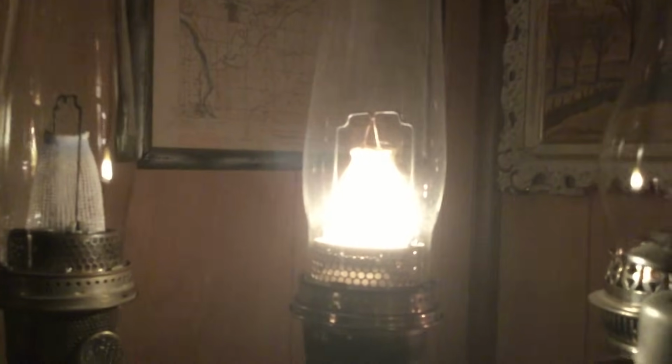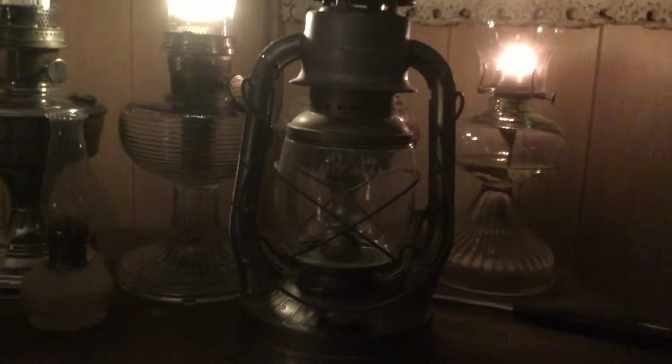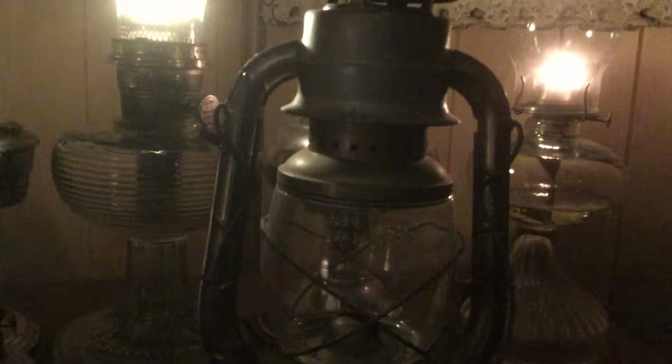Another type of lamp that you're likely to run into isn't technically a lamp, but it is the familiar barn lantern. And this is an example of an original. This is a Dietz. Very good quality lamp. It's known as a cold blast lamp because of the way it works. These tubes on the side aren't just to support the upper frame, they're air tubes. Where they attach here at the top, this is actually open up here, and air is drawn in through here into the tube